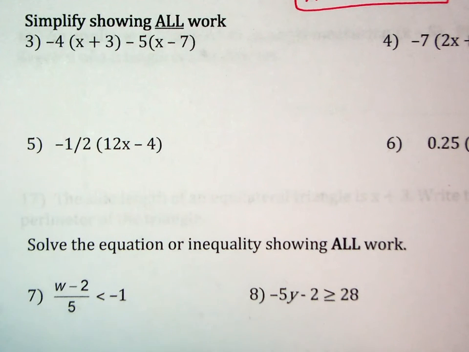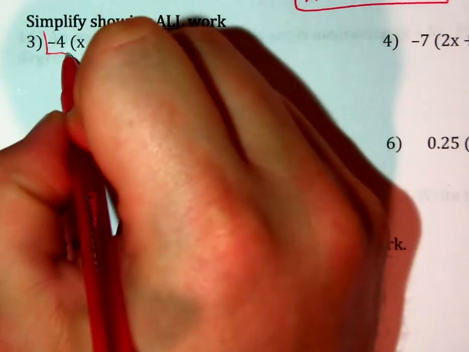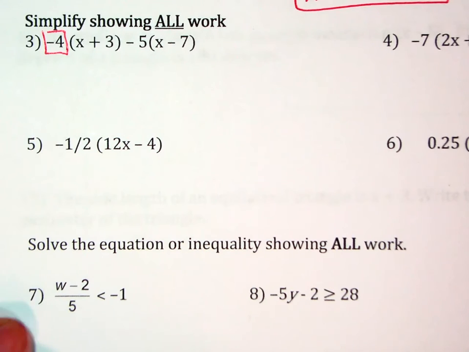Our next section says to simplify, showing all work. And since it says to simplify, there's nothing for us to solve, but rather we are combining any like terms. We're practicing distribution, and we need to be very careful to make sure we're following all of our distribution rules correctly. One of our most common mistakes I've seen